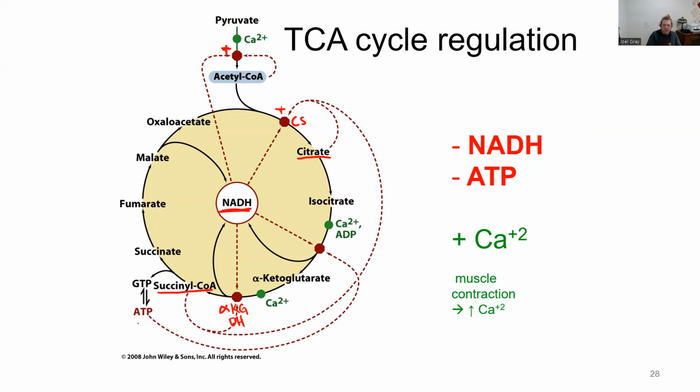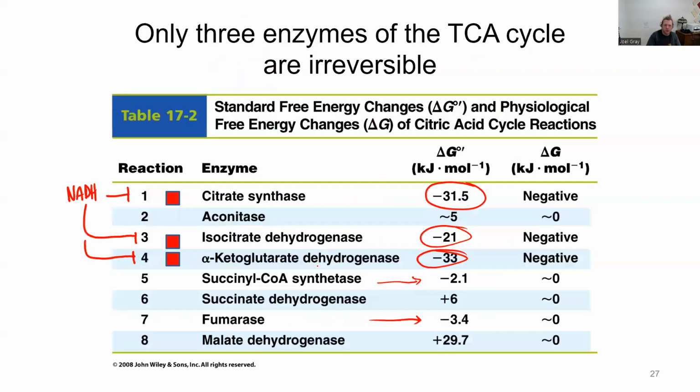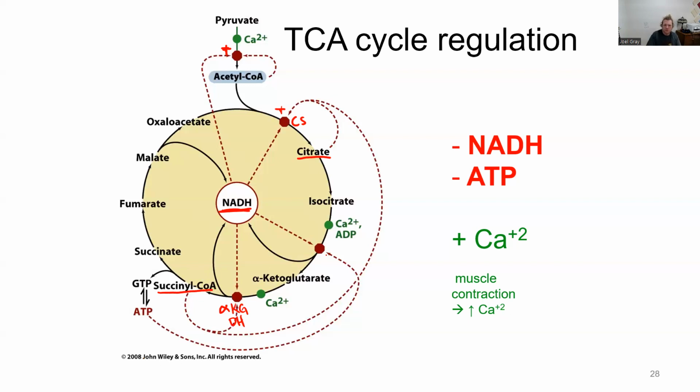And then ATP is also going to be a regulator. ATP is going to be a regulator of our isocitrate dehydrogenase. So, IDH. So when you look at this pathway, one of the things that I want you to think about is